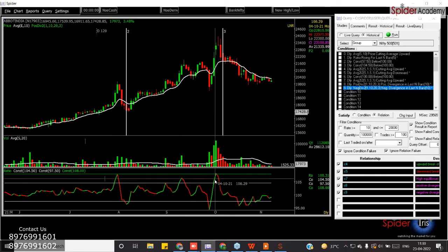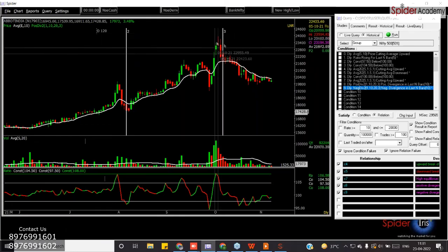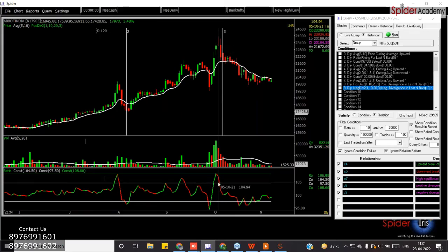Why? Because the ratio did not turn on the downside below this level. So after this, the ratio reached till 108 level and probably it reversed. Then this was the price extreme. When the ratio is around 108 or 104, this is the level where the prices have reached their extreme. So this is the time where we have to start our profit booking. So we got an exit signal over here. The first exit got over here, and the second exit to square off all your position was done over here.